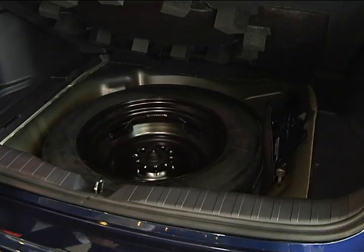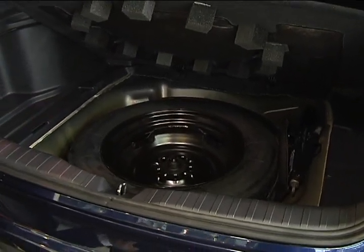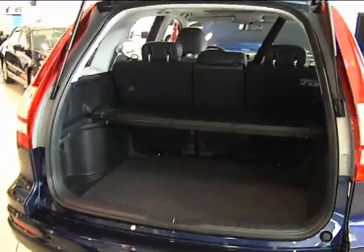Another neat thing about the vehicle is where the spare tire is located. No longer do you have to get underneath the vehicle, pop out the tire. This is very easy. If you ever catch a flat, it's going to be very easy to change the tire. If you take a look on this side,